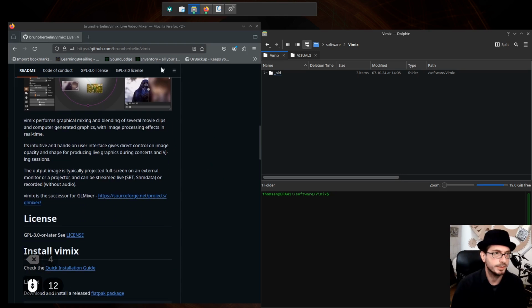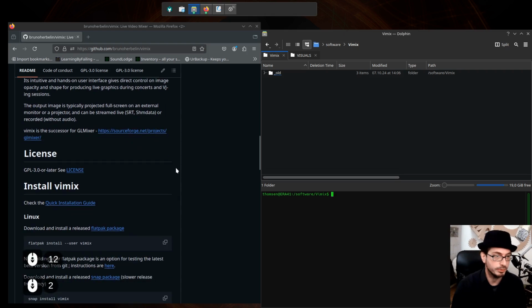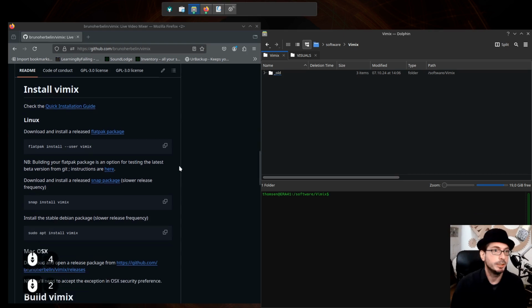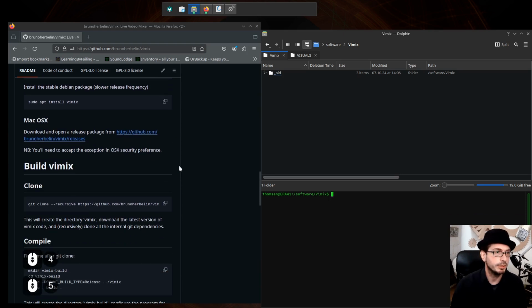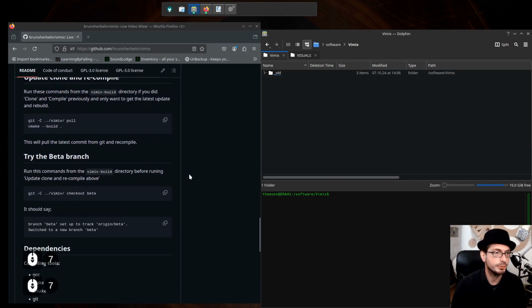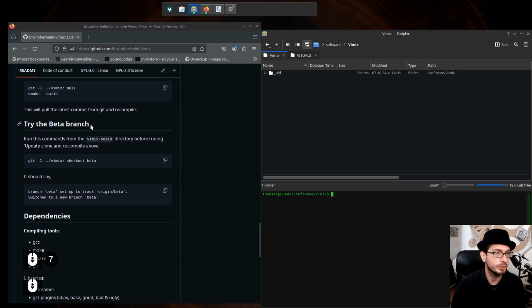So on the site, what I really like about this is it's well documented. So even if you're a beginner in Linux and Ubuntu, you should be able to easily follow along with all that the developer, good guy by the way, has documented on his site here. So, build Vimix. What I would do first is to install all the dependencies. I already did that, but I recommend you to